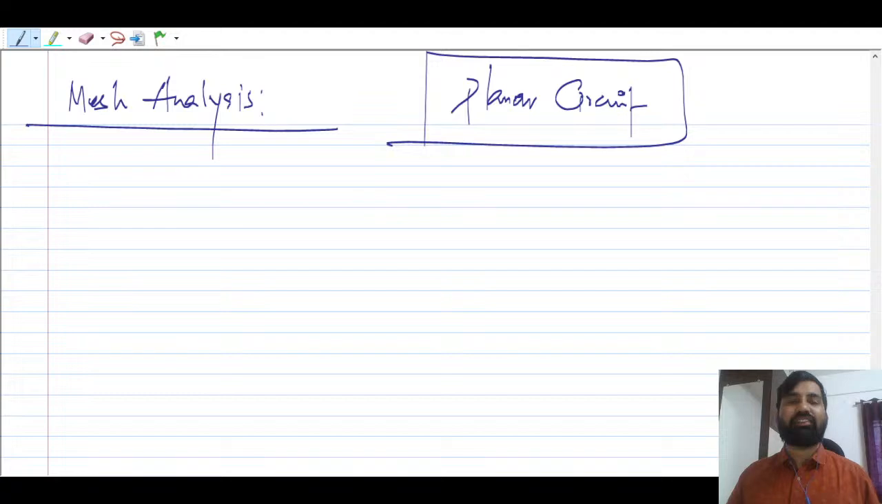ओके। फिर मेश एनालिसिस will talk about with independent sources also, कैसे केवीएल लगाते हैं, बट आई विल नॉट suggest कि ज़्यादा टफ कॉम्प्लिकेटेड नेटवर्क नहीं आएगा आपके एग्जाम में, बट आपको आना चाहिए सारी चीज़ें, ठीक है। और फिर सुपरपोजिशन थ्योरम, right, and then Thevenin theorem and all will be discussed, right, ठीक है।